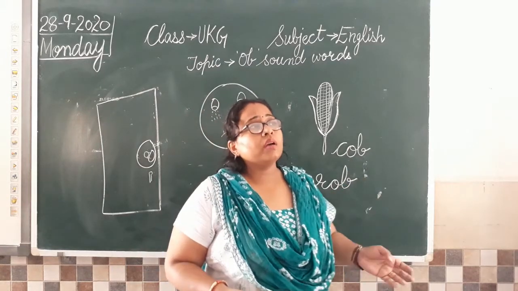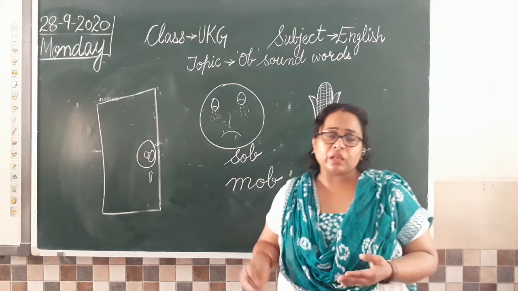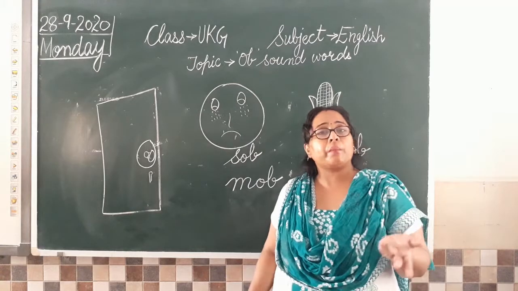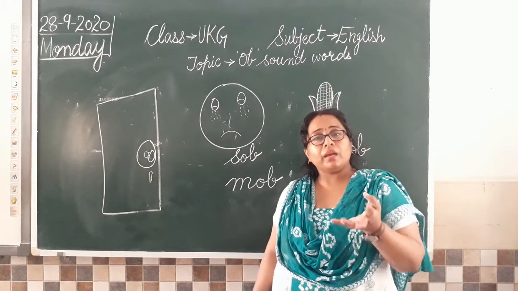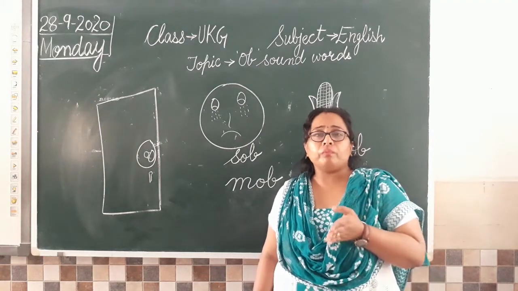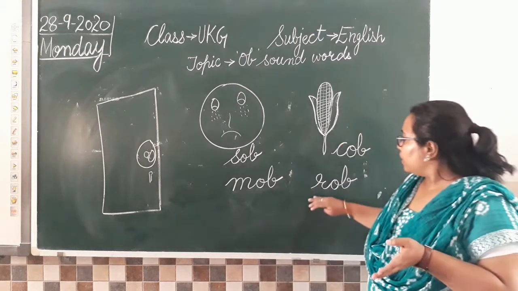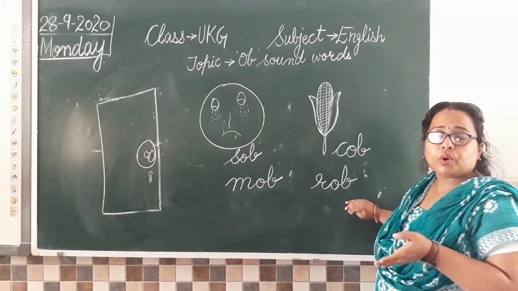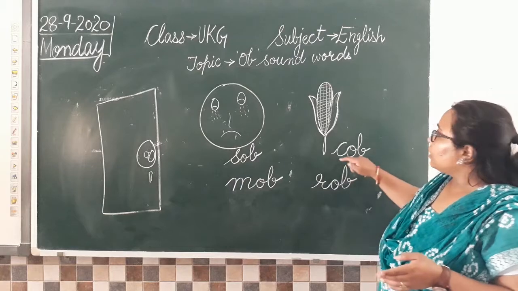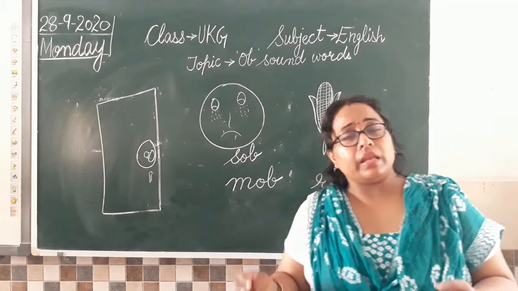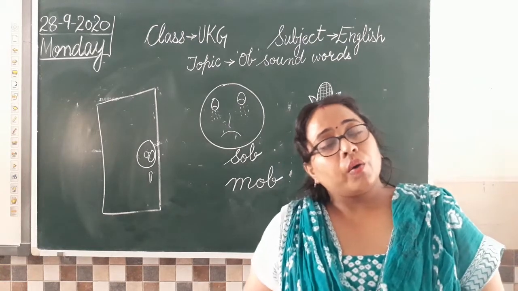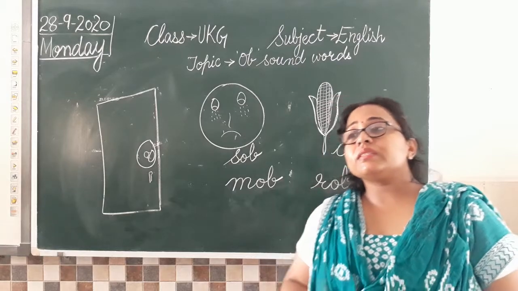Rob. Not only at home, in the market also you must have seen or must have heard that कि आप market में कहीं जा रहे हो and somebody has done a pickpocket. उन्होंने आपकी pocket से आपको बिना बताए पर्स, मोबाइल, they have taken away, और आपको पता भी नहीं चला. So that is called rob, means चोरी करना. Clear? That is rob. So things जब किसी का हम बिना पूछे किसी से ले लेते हैं and we keep it in our bag. That is rob. Clear?